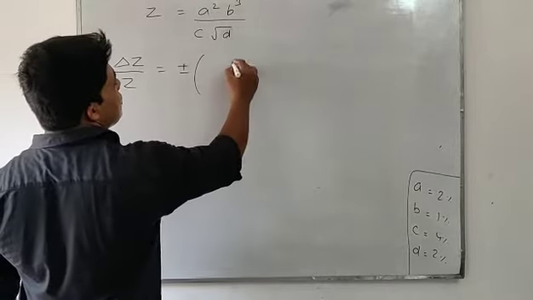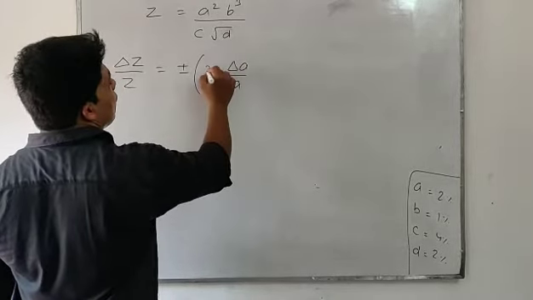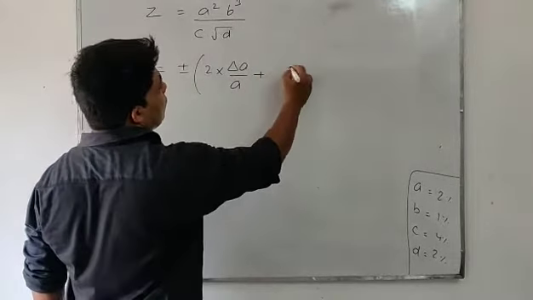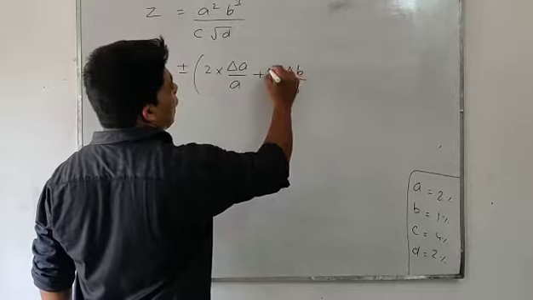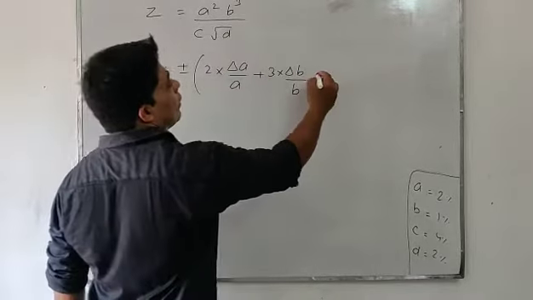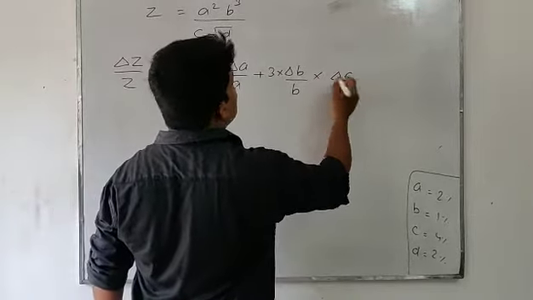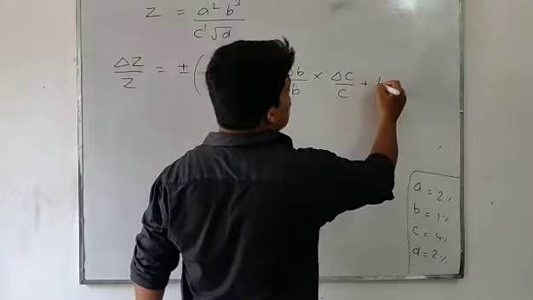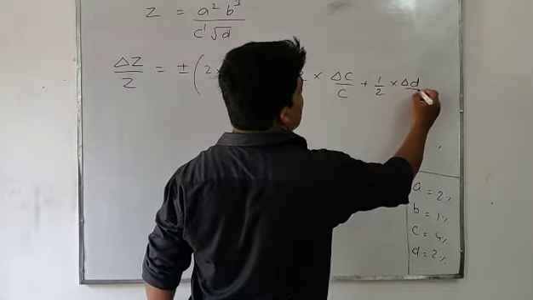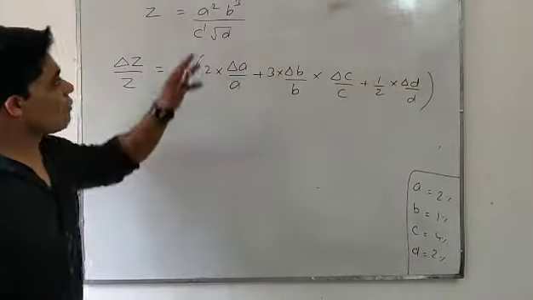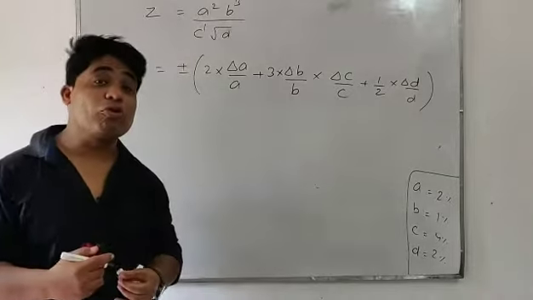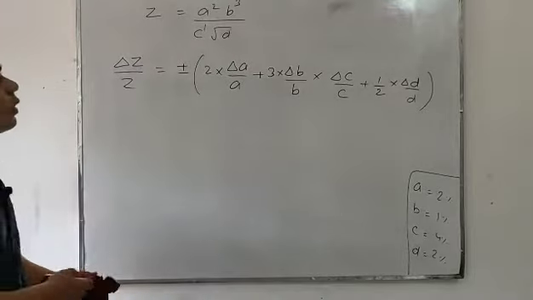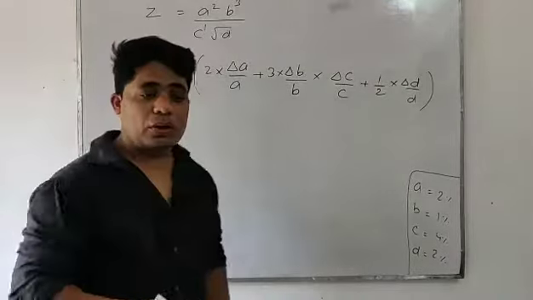So let's first convert it only into absolute error. Plus minus, A is written as delta A by A, and the power 2 comes in multiplication. Delta B by B, and 3 comes in multiplication as the power. Delta C by C, and there is no power, or power 1, no need to write 1. Root means power half, so half multiplied with delta D by D. What did I do? I just converted the error into absolute error form, by the property of combination of error. Now students, this is absolute error, or relative error.